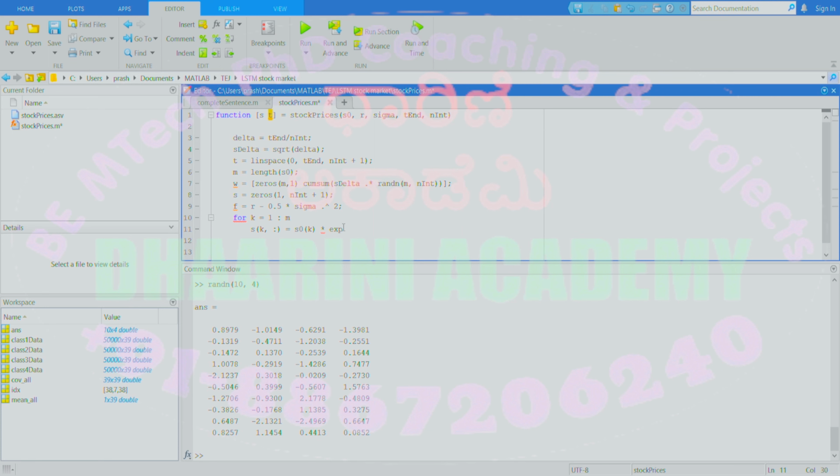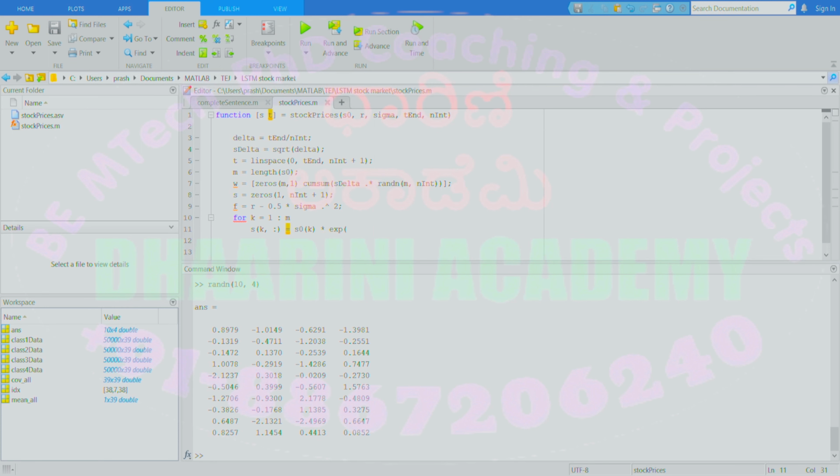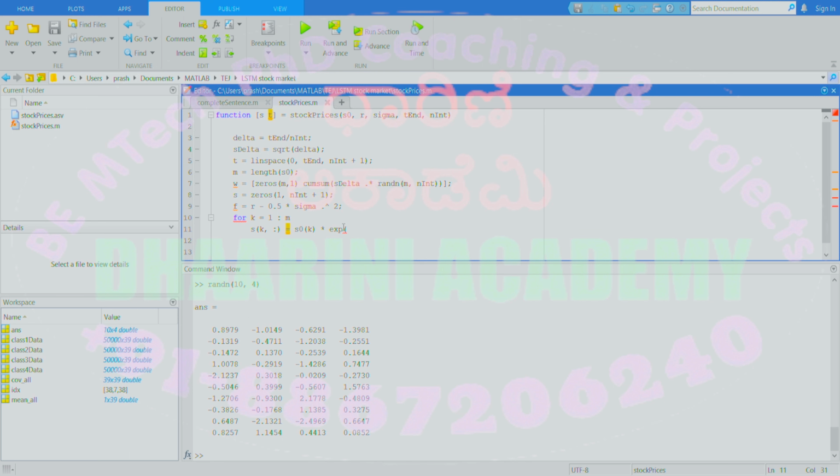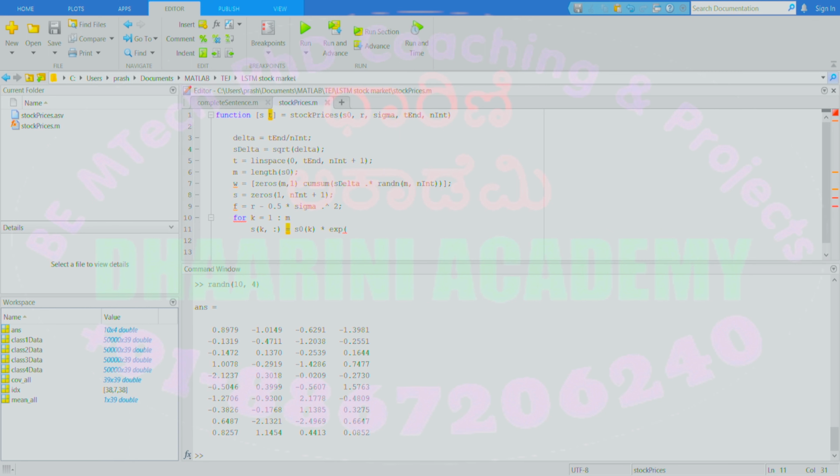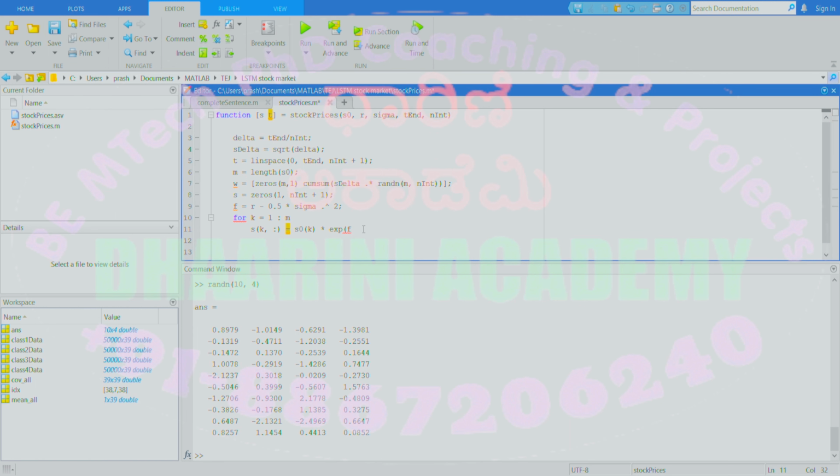E to the power is exp in MATLAB. So exp of, first I need f. f is going to have many different values, because we defined them in the same way. So f of k,